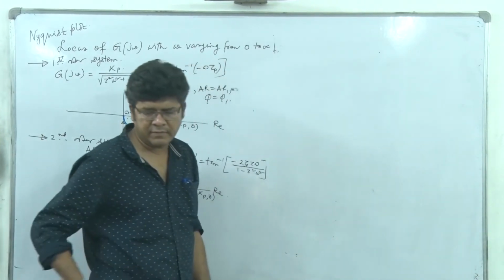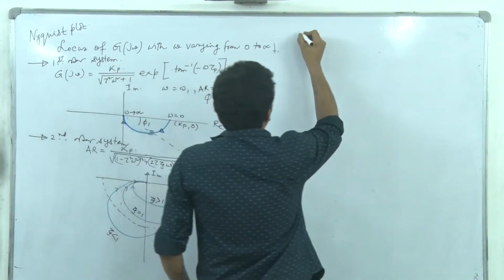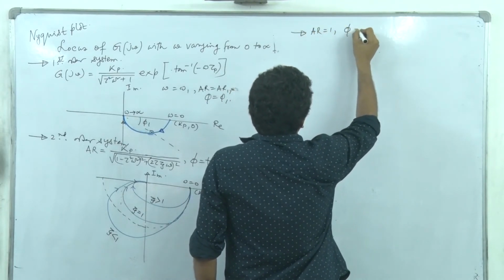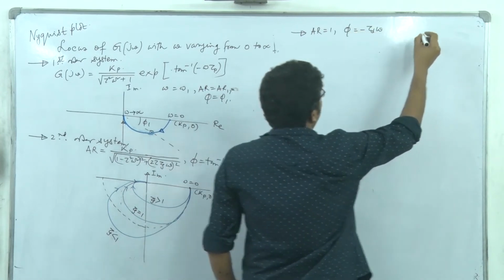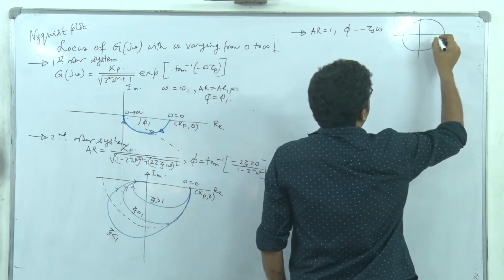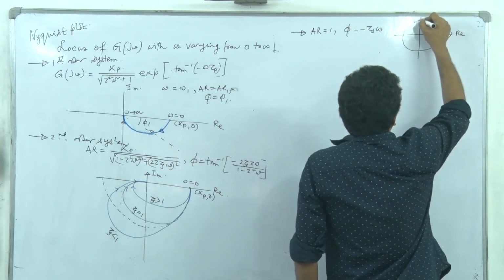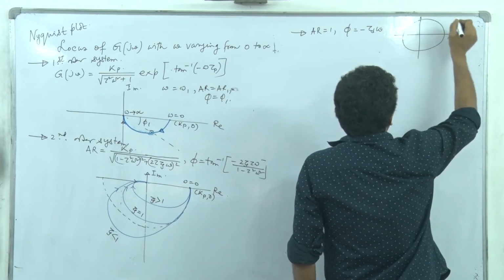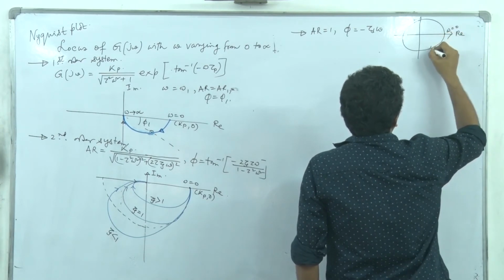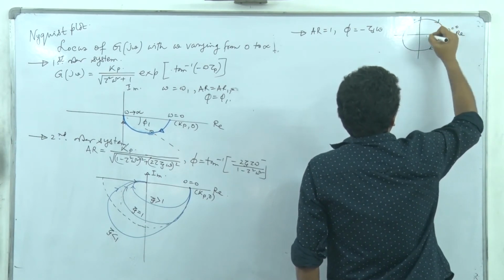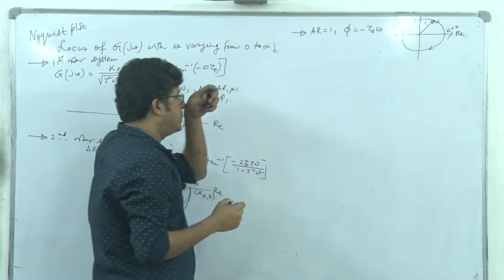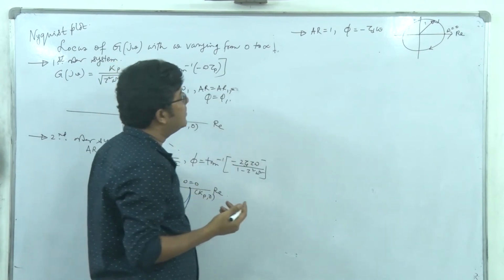Next, let's think of dead time. So here AR is equal to 1, fixed, and phi is equal to minus tau d omega. So what will happen? It's simply a circle, because phi will go on increasing indefinitely. So this we can mark only as omega equal to 0. It's a unit circle, right? So the radius will be 1. So that is the dead time's Nyquist plot.